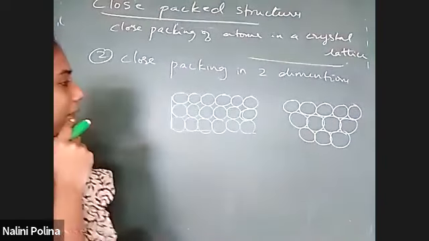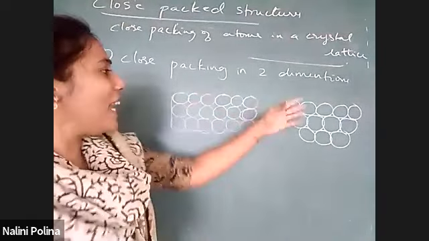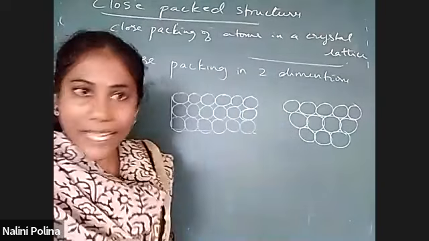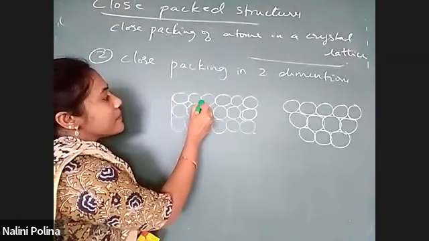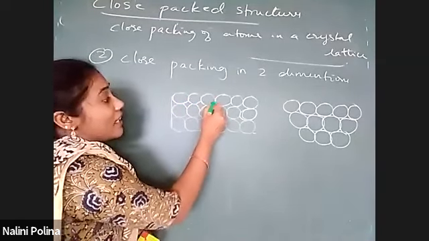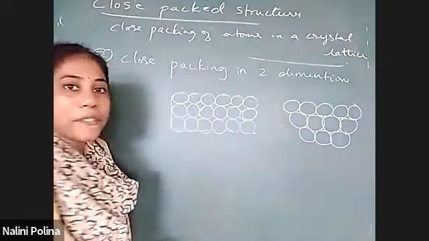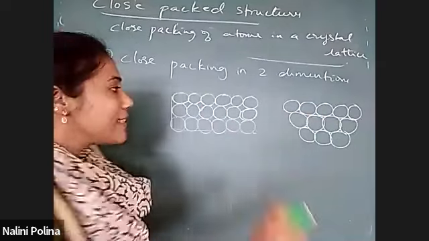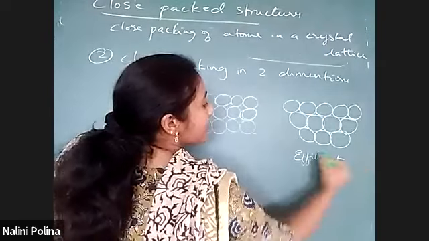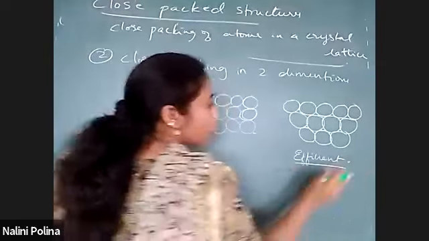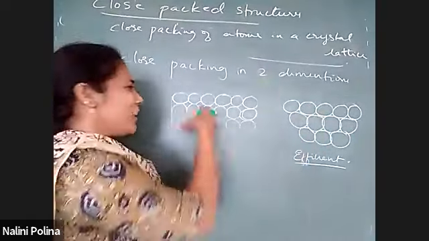Can you tell me which arrangement is more efficient here? In which arrangement is maximum space utilized? You see the spaces between the atoms. In this arrangement you have larger spaces, whereas in this arrangement the space is very minimal between the atoms, between the rows, I can say, right? So definitely this is the more efficient way of arranging. This is more efficient because the maximum place can be utilized by the atoms. Here lots of spaces have come.